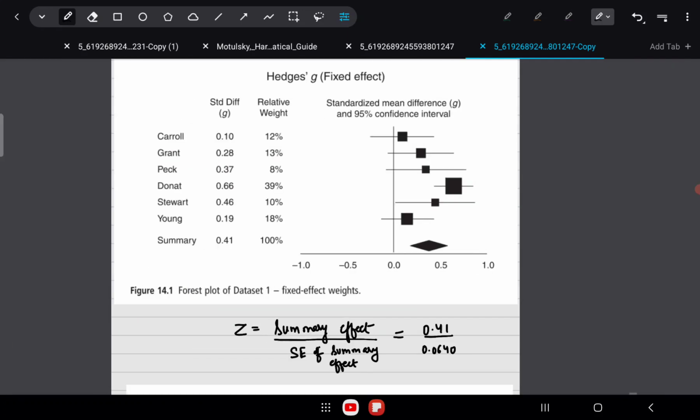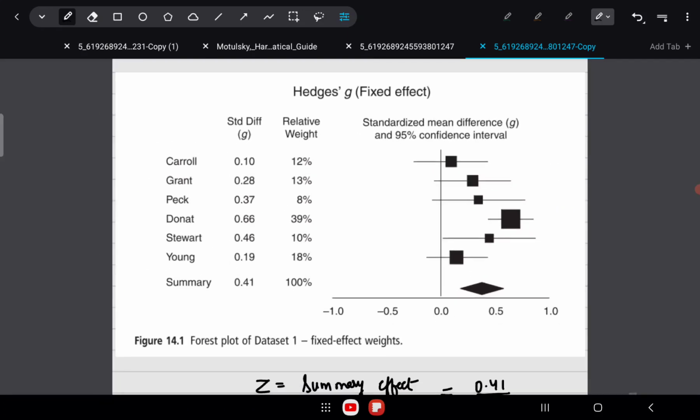We still have to calculate the p-values. Remember, we will test the null hypothesis. The null hypothesis in this case is that the treatment and the control group have a difference of 0. The difference in the standardized mean difference between the two groups is 0. That is the null hypothesis, and we have to compute the p-values for this null hypothesis. But right now I just want to show you this forest plot.